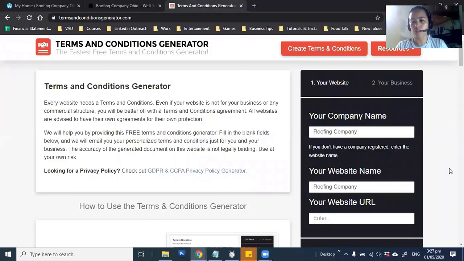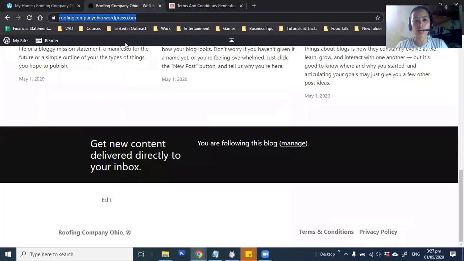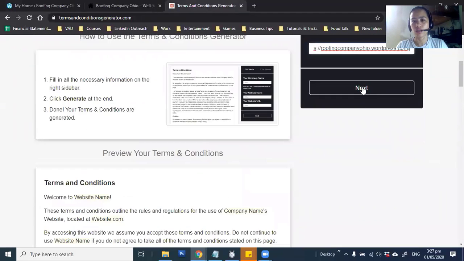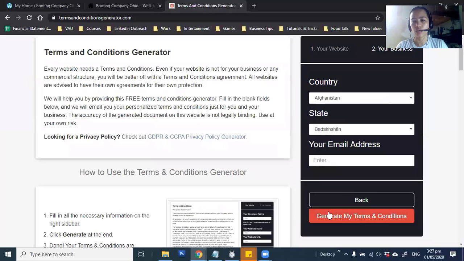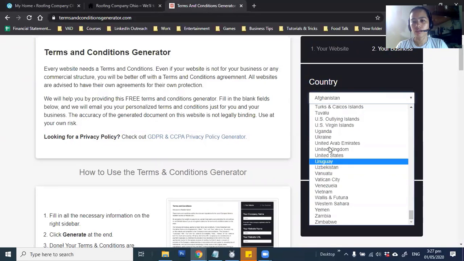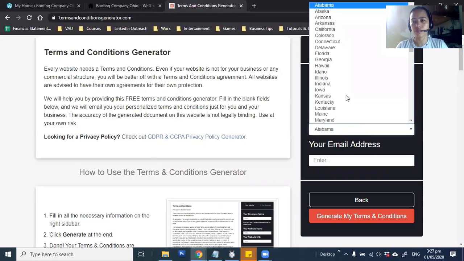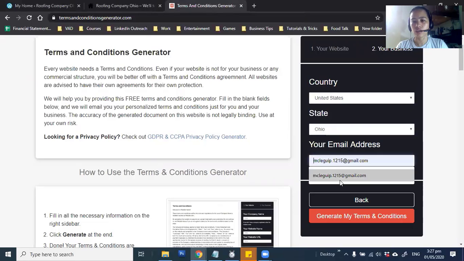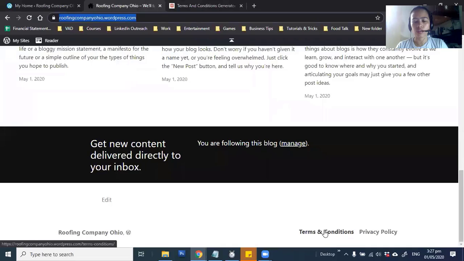could be the same. Then you can go ahead and copy this and paste it here. Then you can go to next and country, so states, and just go here, enter your email address, and then generate terms and conditions. Then you can head over to your terms and conditions,